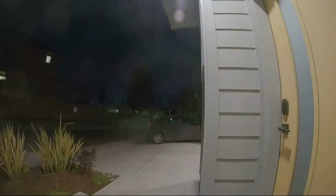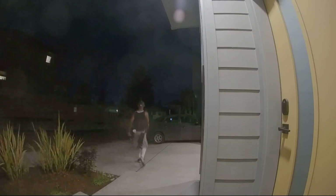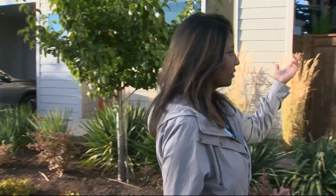It's the same guy over and over again. Take a look at the man in these security images. Akila, who didn't want to share her last name, says he broke into her home September 17th around 2:30 in the morning. She was asleep when she says this guy rifled through her things. It is a scary incident. Later that morning, she discovered her purses, a backpack, and a house robe were gone. It still rattled me completely for a few days,